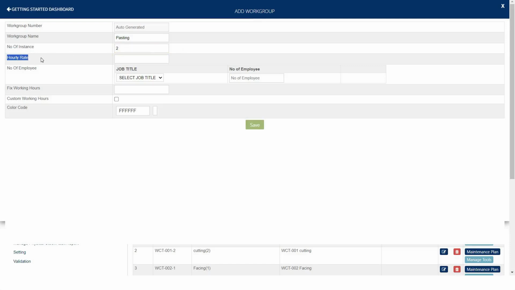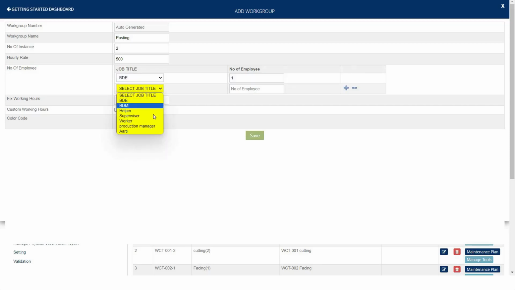Thereafter, define the hourly rate of your machine. This rate will have an impact at the time of routing creation as a variable cost and fixed costs. Here you can predefine the employees who will work under this workgroup. Map your multiple employees through this drop-down option and mention the number of them. Next, mention the fixed hourly rate of this workgroup or machine. Accordingly, it will have an impact at the time of routing creation, which we will see in brief in our coming